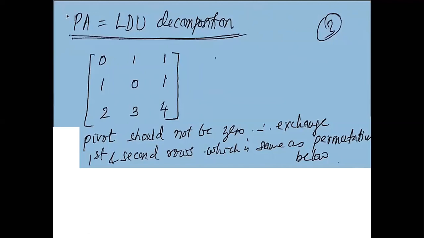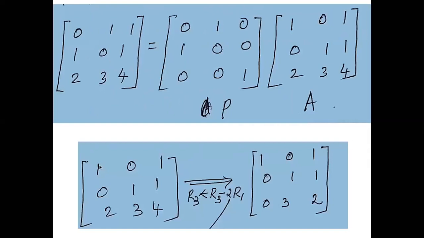In this case, first we convert this given matrix A into its permuted matrix. What we do is exchange the first and the second rows. So I'll make 0, 1, 1 come to the second row and 1, 0, 1 go on the top, right? This process is known as a permutation matrix. So now the matrix will look like this.